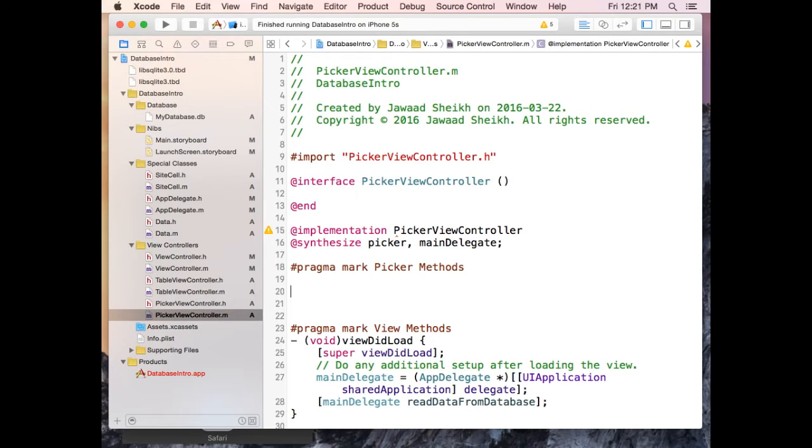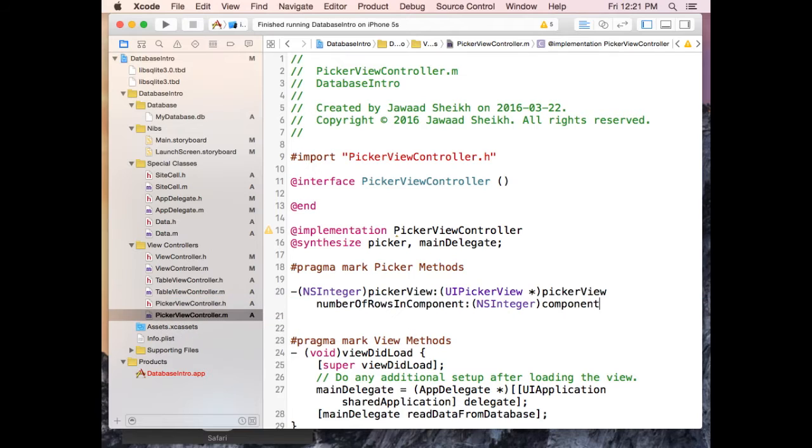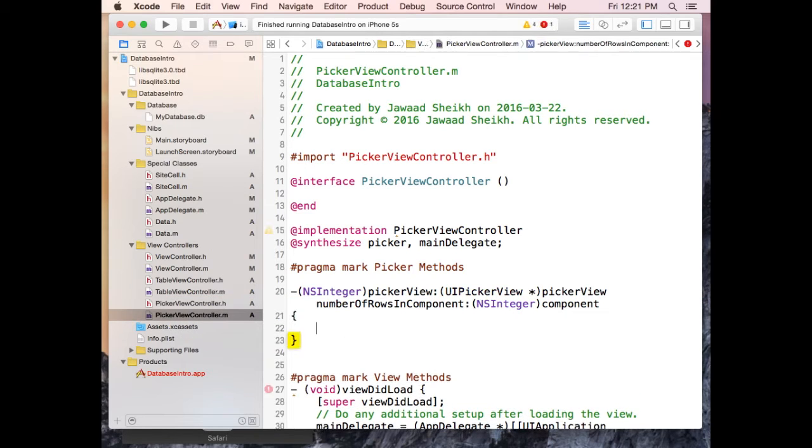First is how many columns are we going to have in this picker? So its return type is NSInteger. We'll start by typing out picker, and we'll see number of rows in component. That's the method we want. That's the only method there. That's the only one we want. And we're just going to return,